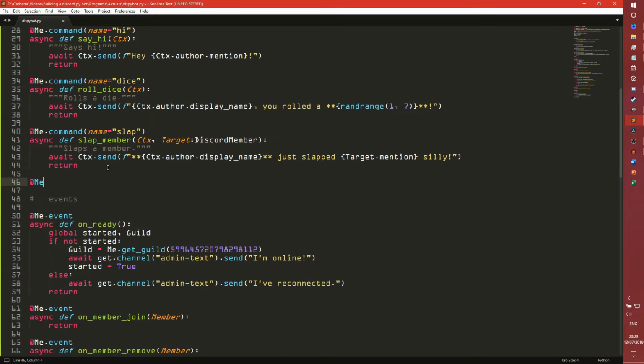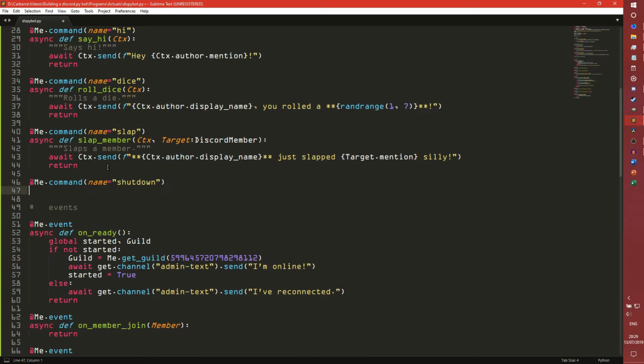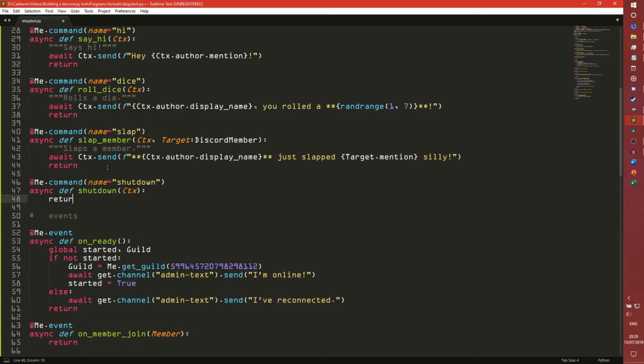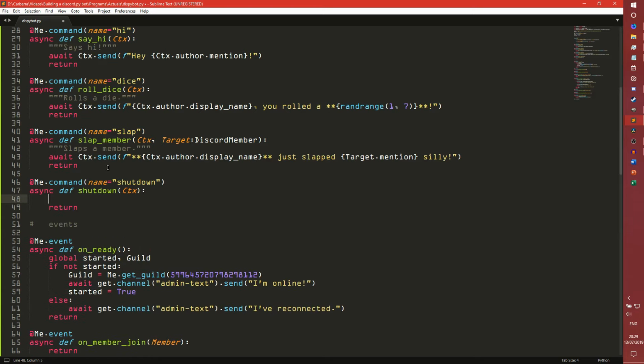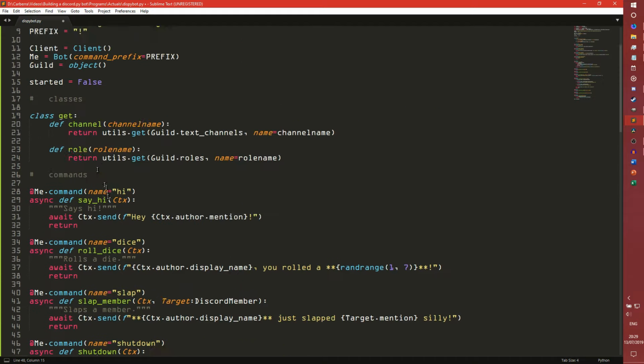Dot command name equals shutdown. Sorry, I completely forgot about that. Shutdown CTX, and we don't need anything like that. So basically, it's something you can just do like await ctx. It's really nice to have this, and we are going to need to